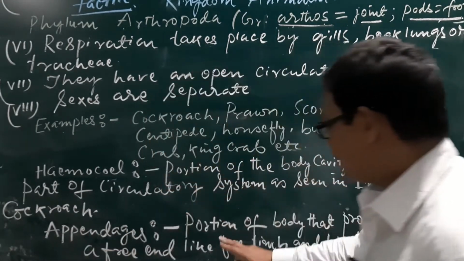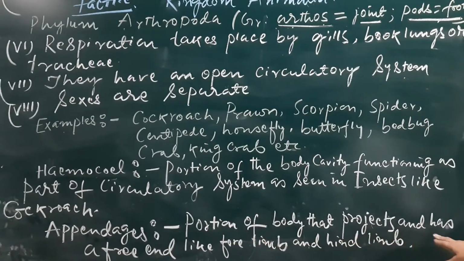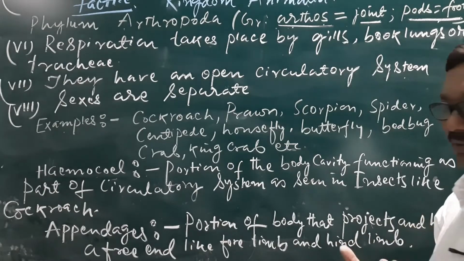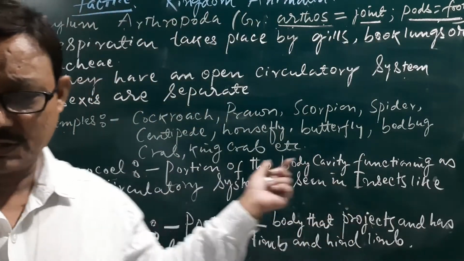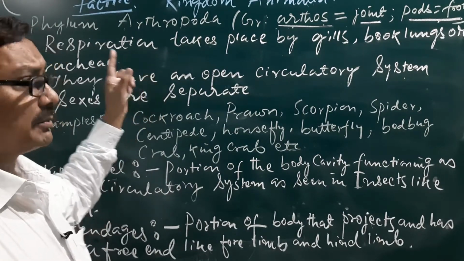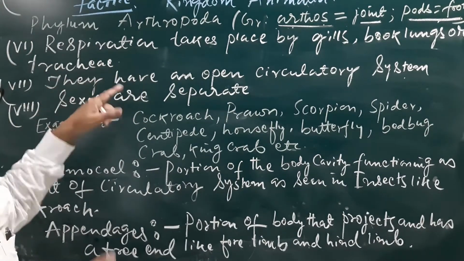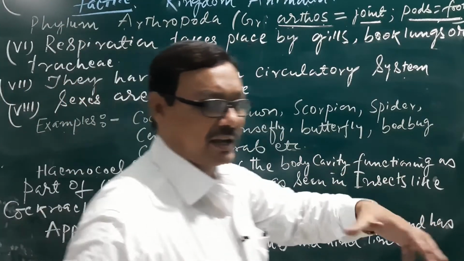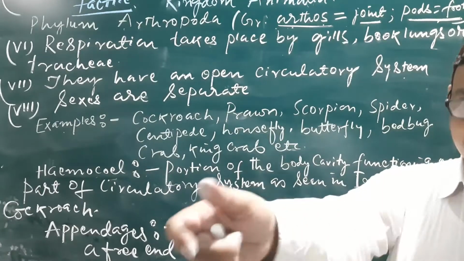What are appendages? Portion of body that projects and has a free end, like in the case of other animals, the presence of jointed foot, the presence of antenna, these are the appendages. शरीर से बाहर निकला हुआ फ्री है ना, जैसे हमारा हाथ है, फोर लिम्ब है, ये हिंड लिम्ब